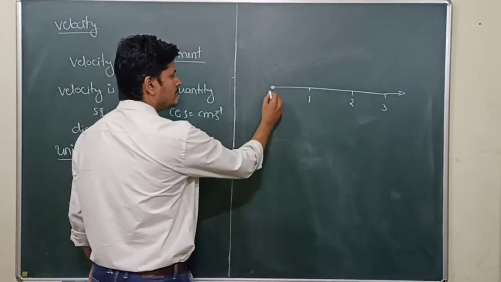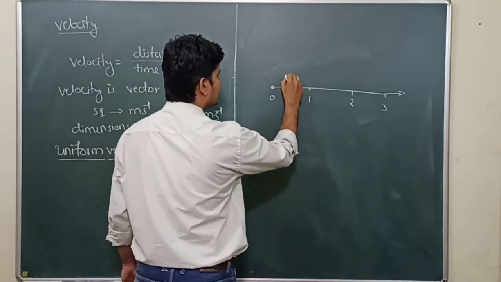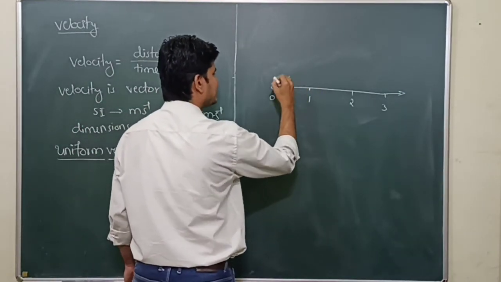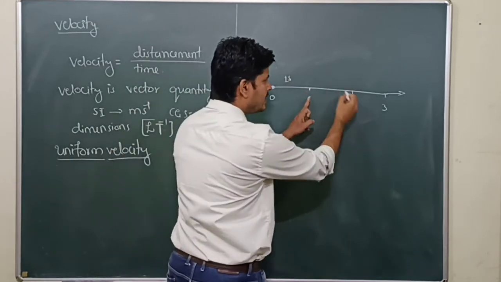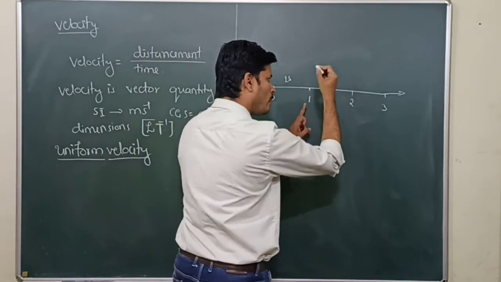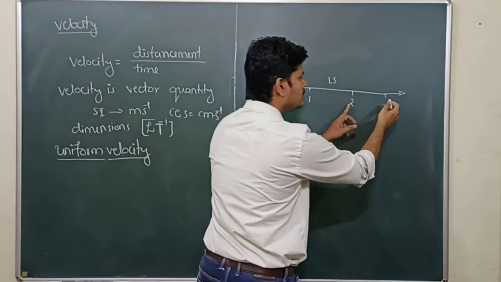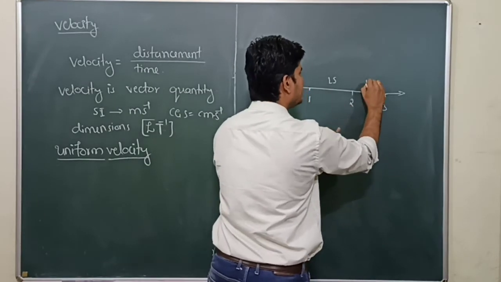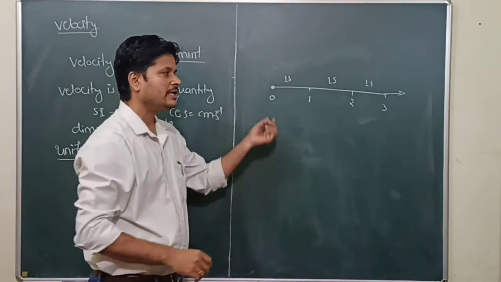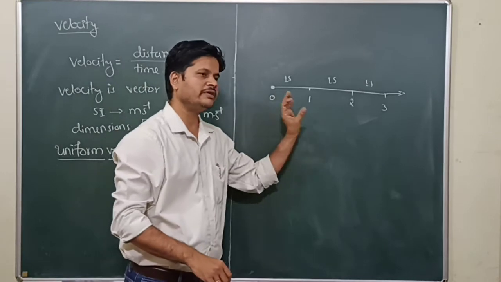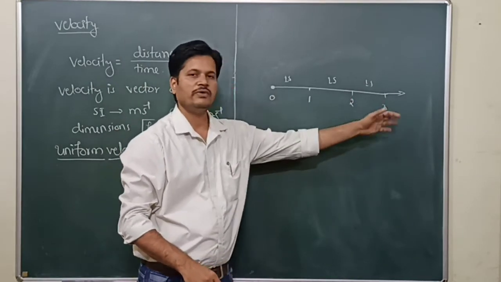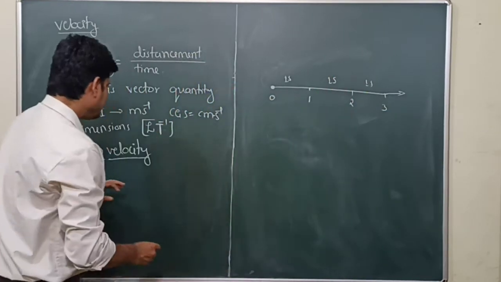If the object covers 1 meter in 1 second, and the second 1 meter is also covered in 1 second only, and the third 1 meter is covered in 1 second only, then the object is moving with a uniform velocity. That means equal